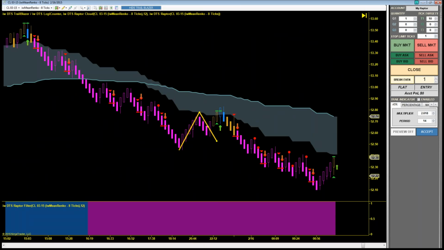Let me see if I can find you one more. I'm looking actually for a double pullback signal, which is a pretty reliable Raptor signal. But crude oil hasn't given me one for a little while, which is odd. Okay, I'm not going to waste all your time looking for one, but essentially it looks very similar to this,